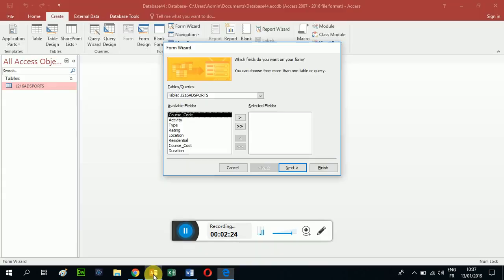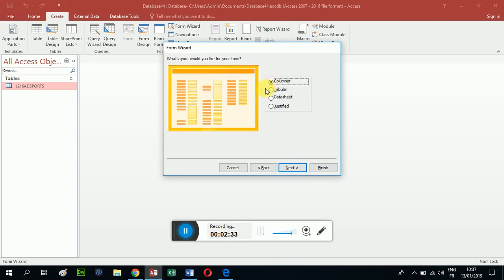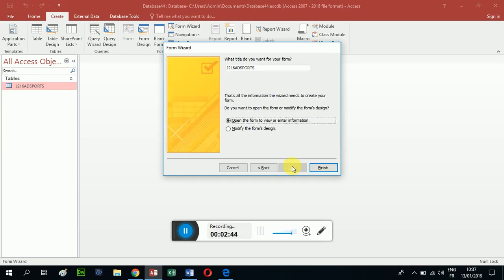So I'm going to go back to my database and I'm going to hit this double arrow, boom, and that imports all of my fields. Okay, so I'm going to hit Next, yep. We'll keep it columnar, okay, unless they say create a tabular data sheet or justified, we'll keep columnar as the default. Next,